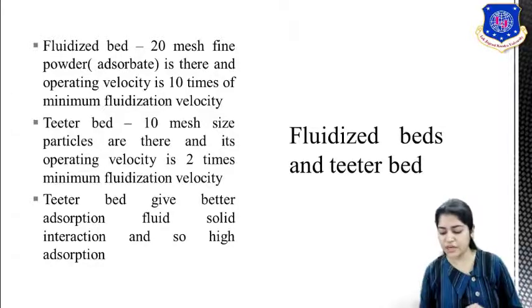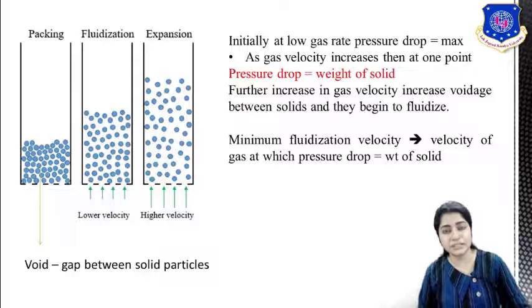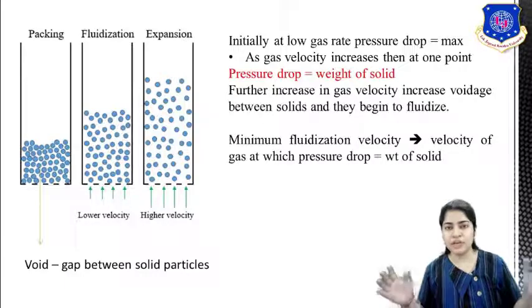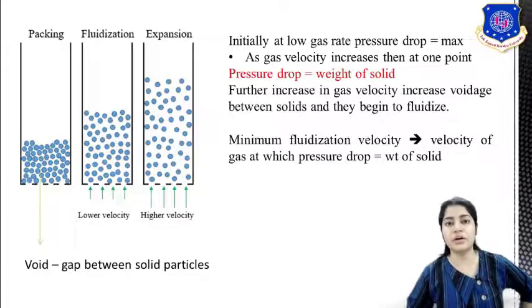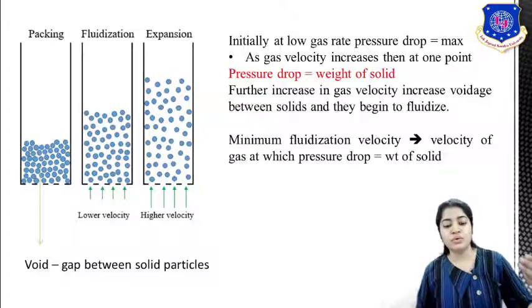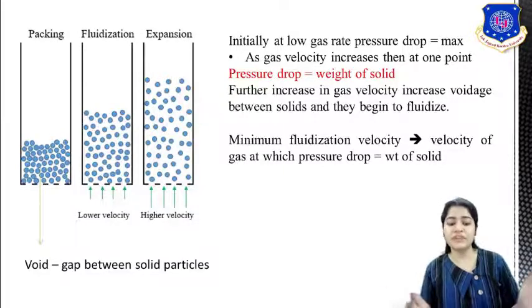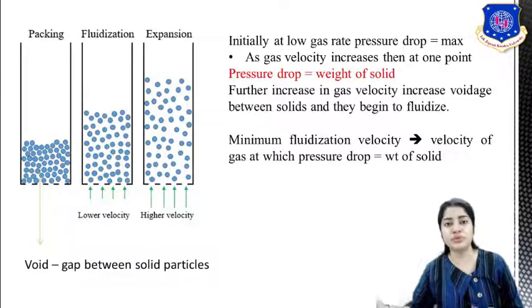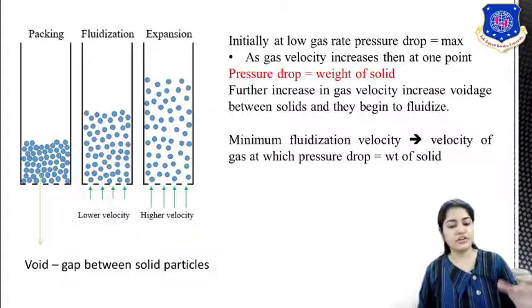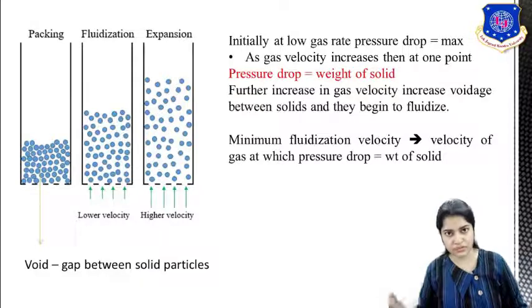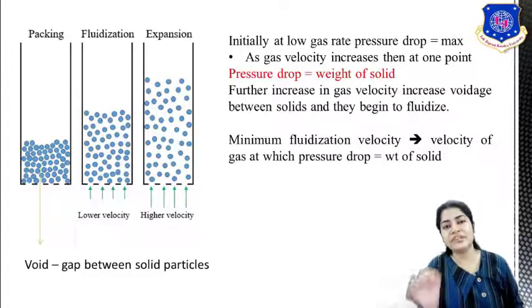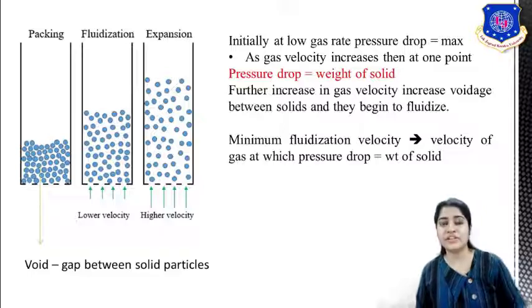Now when we are talking about fluidization, let's have a quick revision. This might have been studied in your fluid flow operation. So in a column, you are keeping your packing material. Here you can take the example of your adsorbent, coarse particles of adsorbent. Now, what is fluidization? You are converting your solid particles into fluid. The physical characteristics are that of a fluid. So how does it happen? First of all we have to know what is void here. That is the gap between solid particles. When they are kept in a bed in a reactor, these particles have very small voids between them.